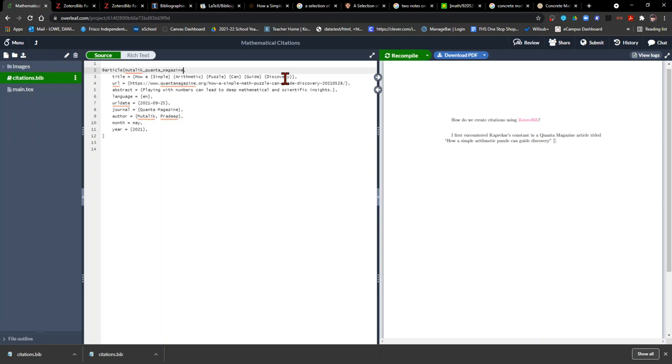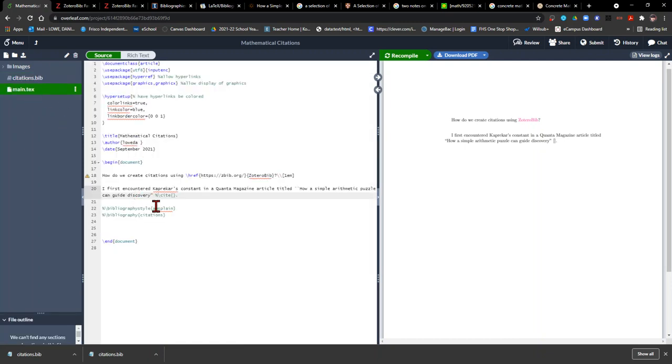Now, if I had multiple articles from Quantum Magazine by Pradeep Moodle, then I might want to be more specific. But what this will allow me to do is come to my main text, and when I want to create my citation, I can just use this cite approach, where I come /cite, and then I'm going to cite the Moodle